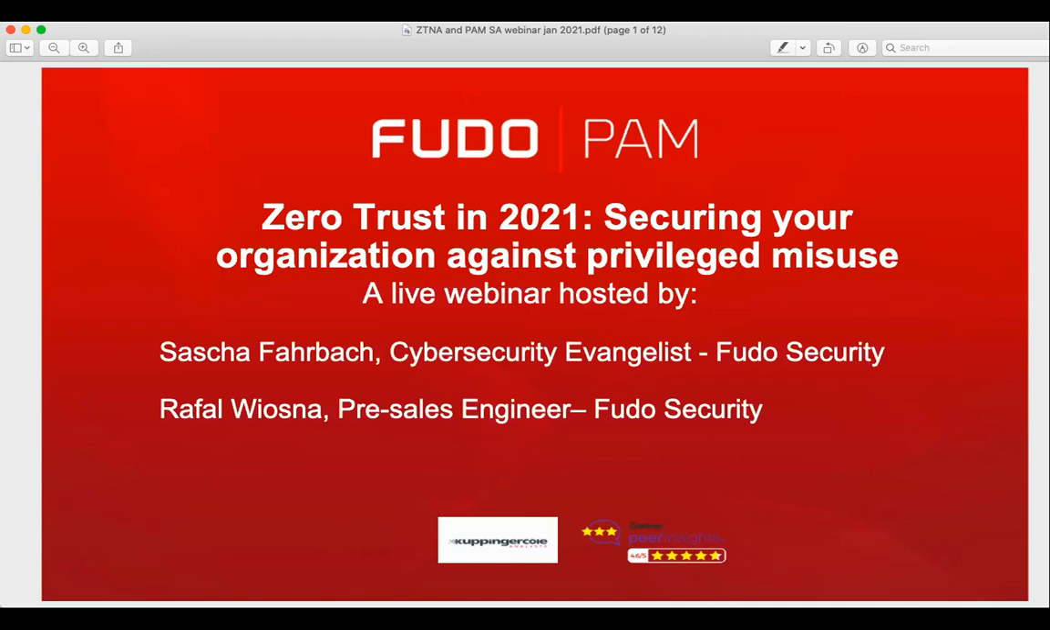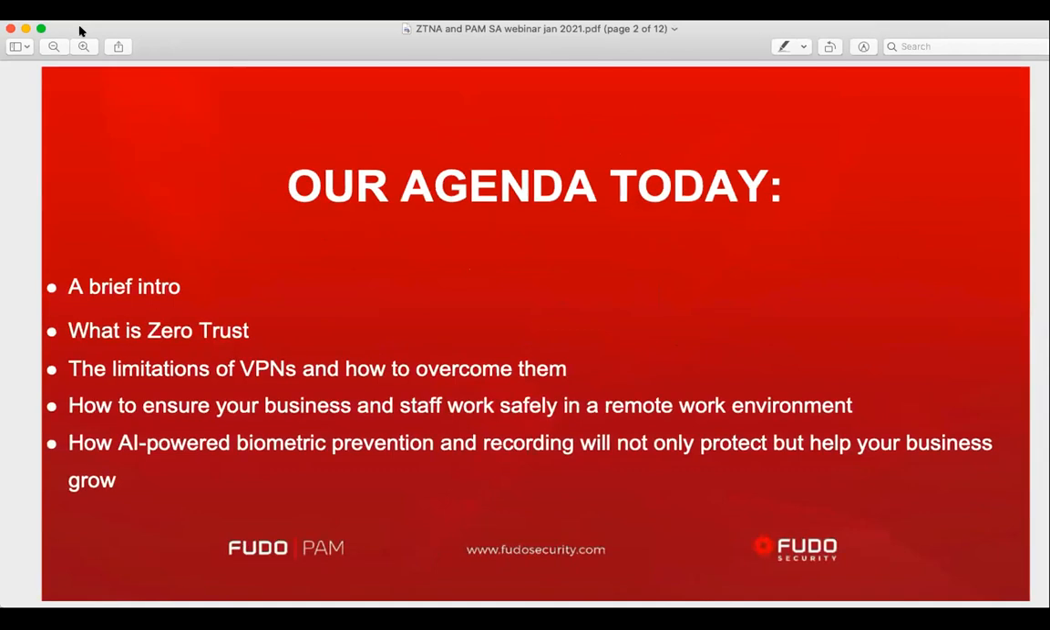So if we're looking at today's agenda here, just going to open the next slide. Right. So here's what we're covering today in our agenda. A short intro about Fudo Security and PAM, covering what is zero trust, then further going into limitations of VPNs and how we're going to overcome those issues. Then further about how to make sure that your business and staff are going to work safely in a remote work environment, and how AI-powered biometric prevention and recording is not only good for protecting you, but also helping your